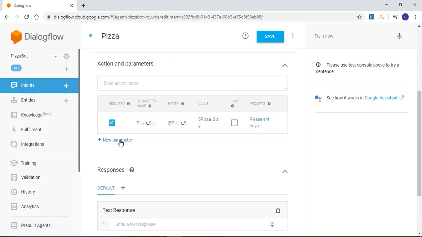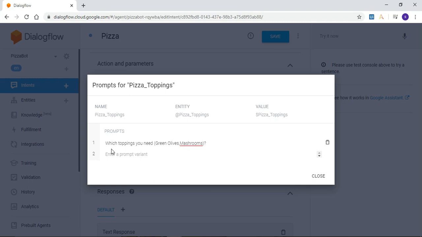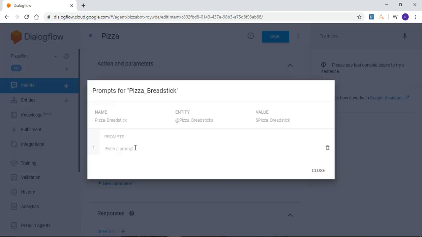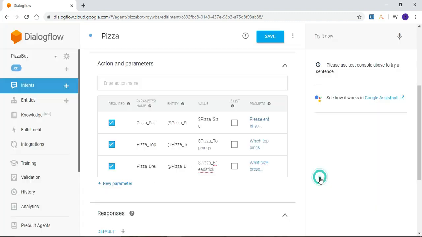Similarly, add another parameter as pizza toppings entity, again @pizza toppings, and add a validation such as which toppings you need, and close. Add one more parameter for pizza breadsticks. Add a validation for pizza breadsticks saying what size breadstick will you prefer, small or large, and close.